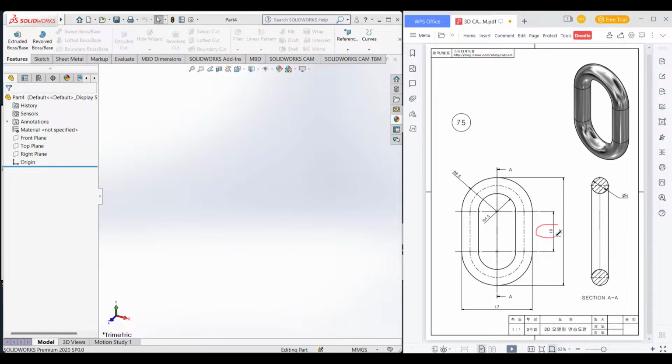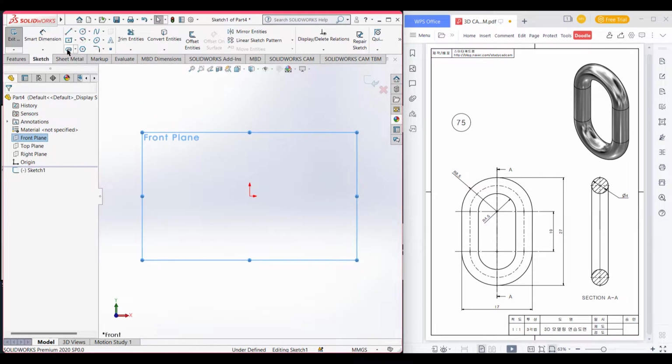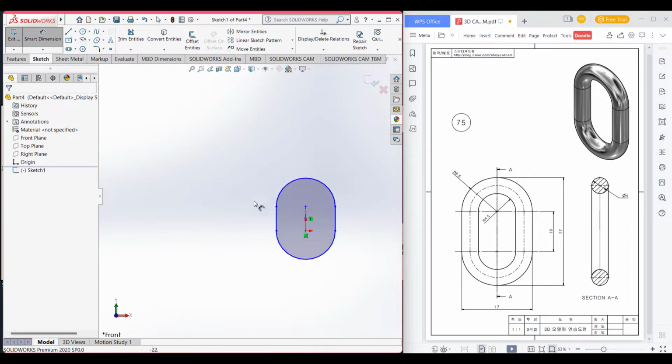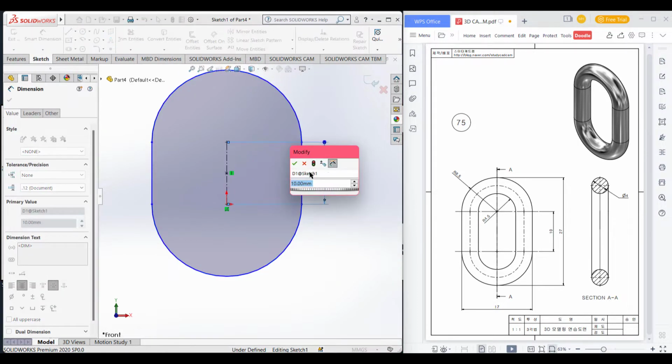You can see it has a 10 unit height of diameter, then it has 4.5 plus 2, total is 6.5. Okay, let's select the front plane and select slot. The height is 10 unit, then the total length. Okay, we will give this smart dimension. The height is 10